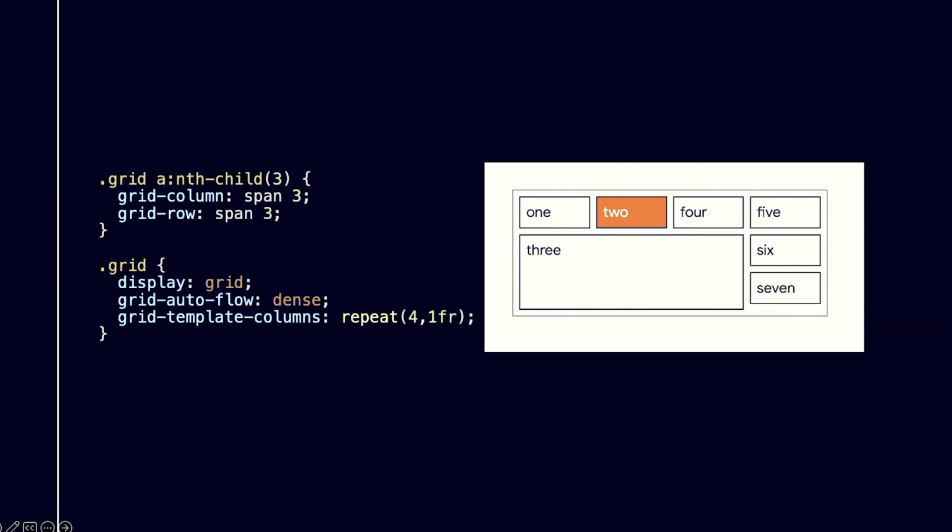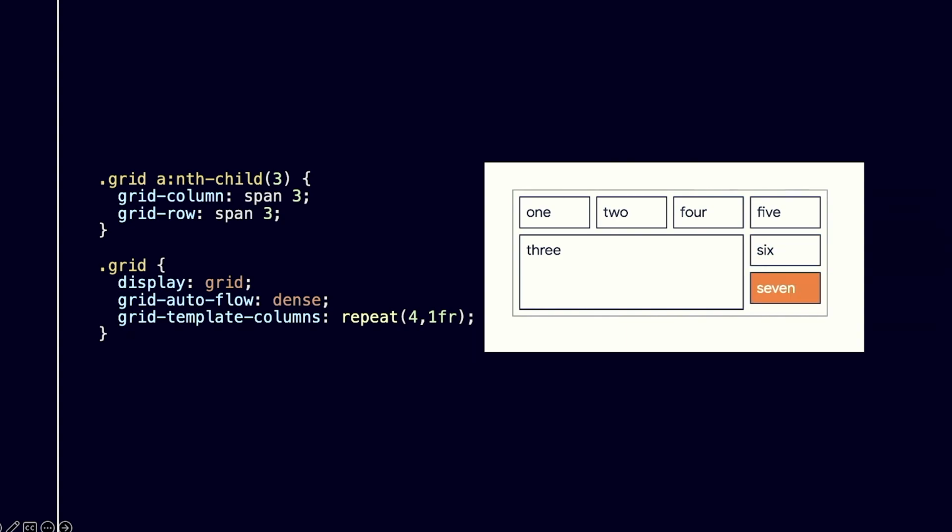Now, this already happens in one place in CSS. It happens with grid auto-flow dense. I mentioned that people saw that and thought it was a bit like masonry. This is another automatic layout method. What happens here is the grid will backfill gaps left in an auto-placed layout. It moves an item further down so it can fit in, and then it will put smaller items out of order into the gaps.